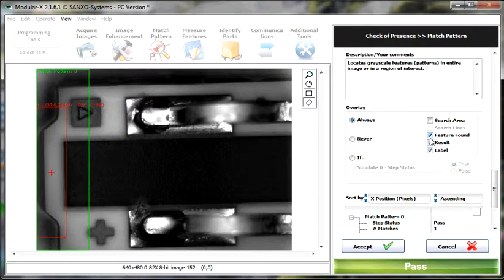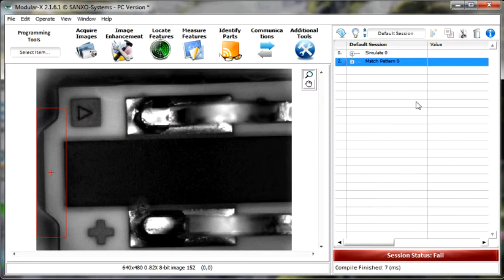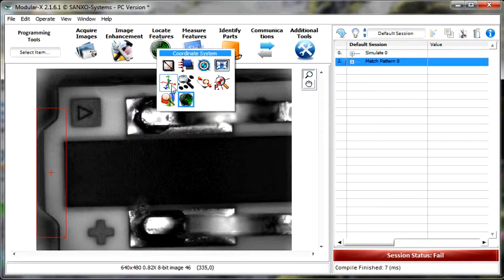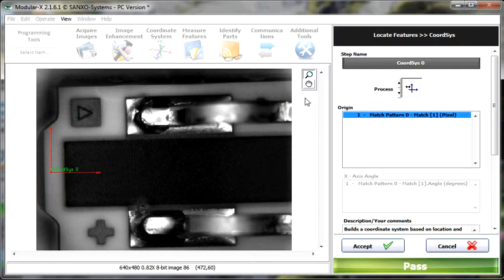Disable the search area, the feature found in the label. We want to see only the result to make sure that the function found the feature in the image or not. And now click on the Accept button, and we have to build up a coordinate system. Let's select the Locate Features and Coordinate System. The positioning process is going to be this one, because we have to position this horizontally and vertically also. Select the match pattern, click on the Accept button,